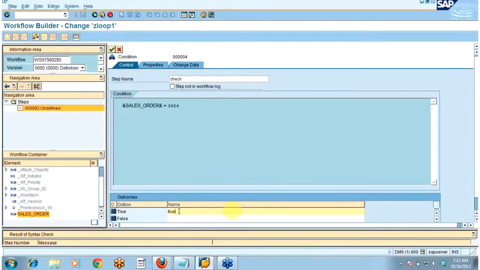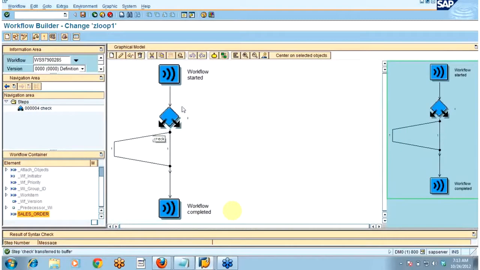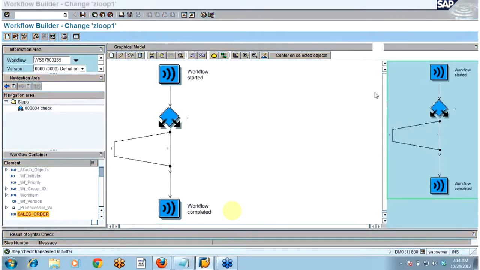It is similar to the if and else condition what we have in ABAP and C++. So you just need to provide the condition. This can also be dynamic. What I have provided is the constant 3454. If you have one more element present in the container, you can just bind that particular element with this condition step.